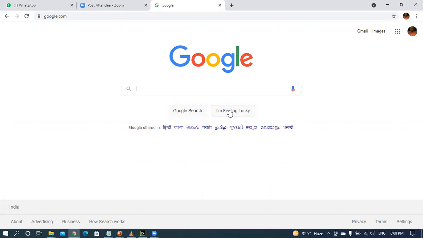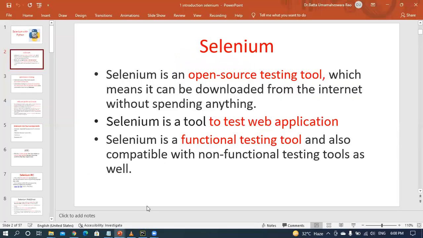In a web application, each and every one is called an element. In order to interact with these elements and test the web application, you will use Selenium.